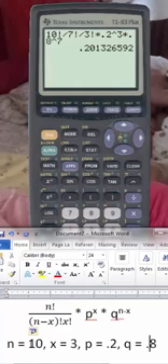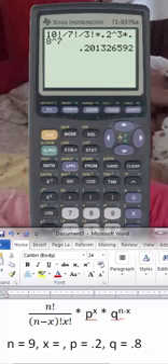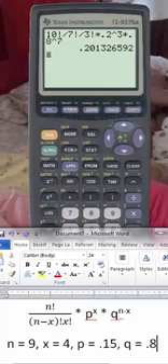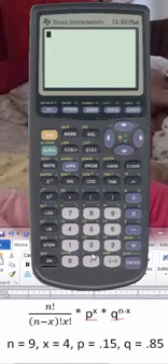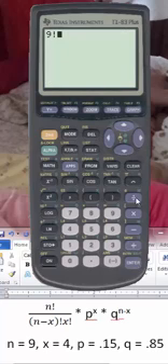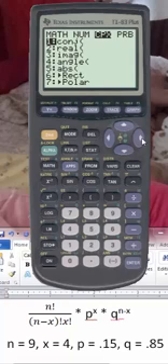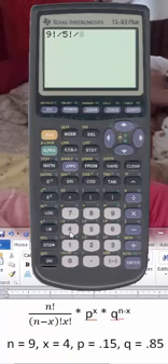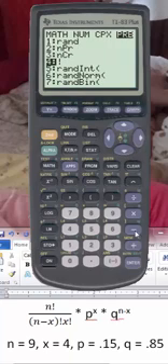Let's do another one. Let's change our parameters a little bit here. And q would then be 0.85. So we do this. Let's clear this. So we'd have 9 factorial divided by 9 minus 4, which is 5 factorial divided by 4 factorial